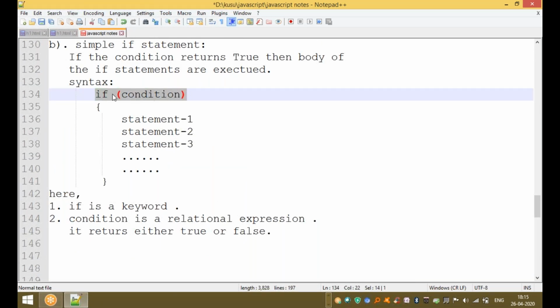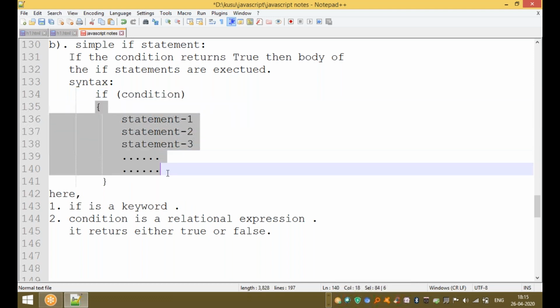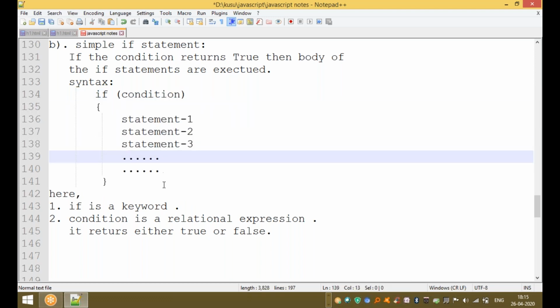This is a simple if statement: only the true part, no else part, no false part. If this condition returns true, this statement will be executed. Otherwise, this statement will not be executed. If is a keyword, condition is a relational expression. It returns either true or false.